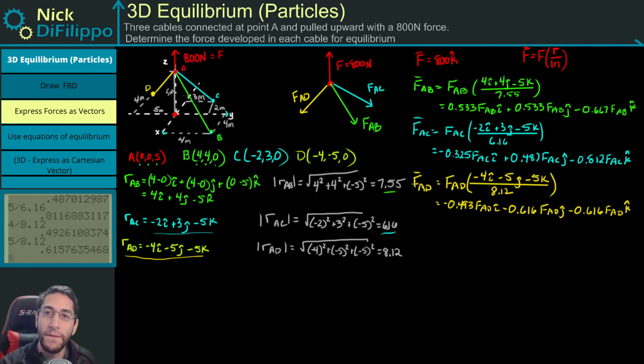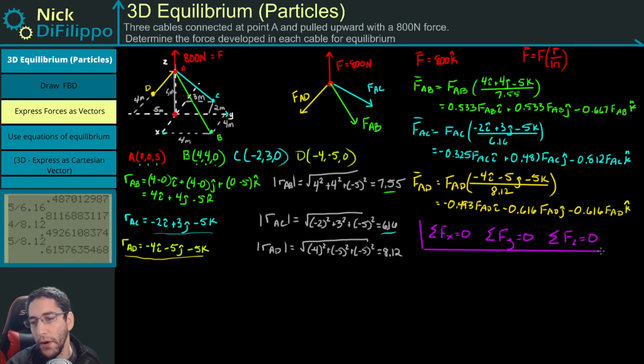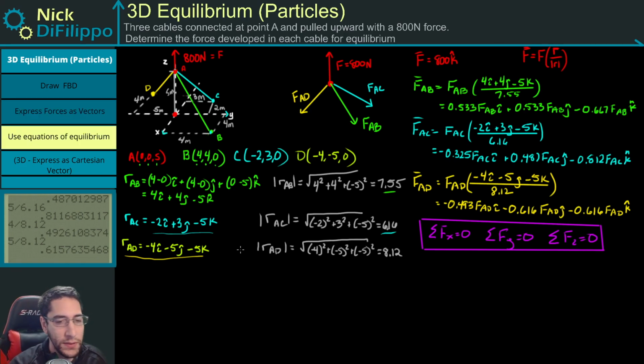All right, so now we have all of our forces and they're expressed as Cartesian vectors. Now the only thing left to do is we have these three equations. The sum of the forces in the x is equal to 0, the sum of the forces in the y is equal to 0, and the sum of the forces in the z is equal to 0 for particle equilibrium. And we can solve for our unknown forces. So let's first take the sum of the forces in the x and make it equal to 0. Now the x is going to be anything with an i component. So we have an i component here, here, and here. So this is going to be 0.533 FAB